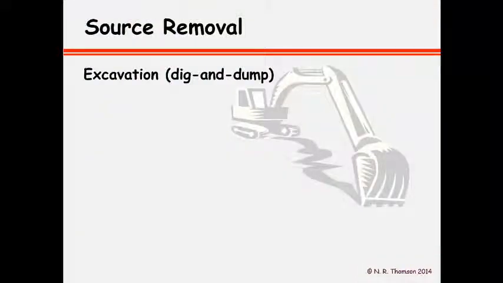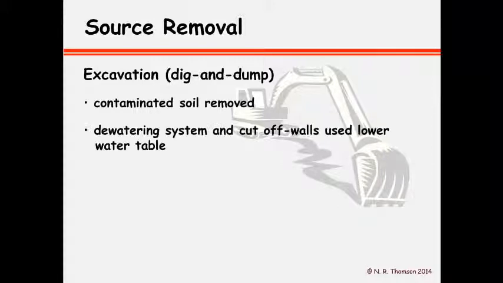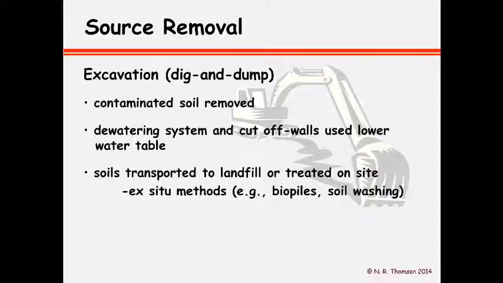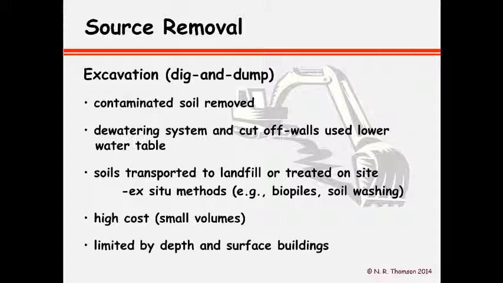That is simply having to dig and dump: remove the contaminated soil, perhaps dewater the area with a dewatering system using cut-off walls to lower the water table, and transport the contaminated soil to a landfill site, or perhaps treat on site as an ex situ treatment process, perhaps with biopiles or a soil washing system. Very high cost for very small volumes. And of course, there's a restriction on the depth and the ability to deal with contaminated soil under existing surface